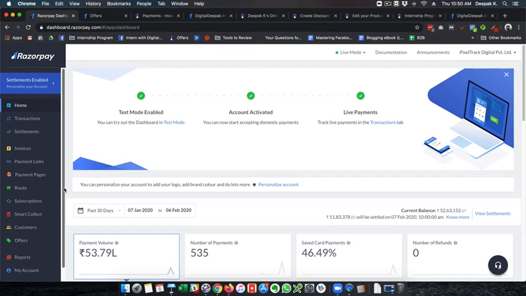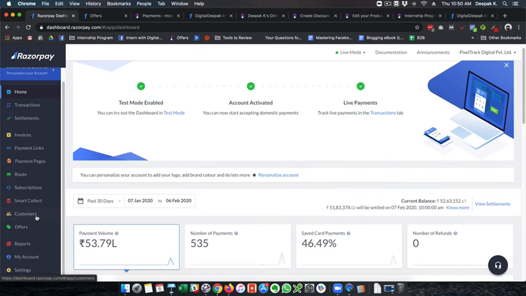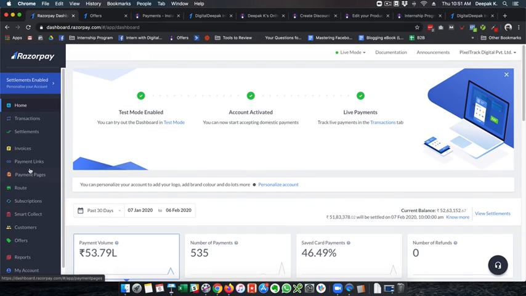And one more thing I would like to have at Razorpay, but don't have right now, is the ability to track all the support tickets right inside the dashboard. That would be amazing. Right now I have sent a bunch of support tickets, one about international payments. The international payment is not activated yet. The cardless EMI got activated, but credit card EMI and international payments are still not activated, and I have no idea what the status of those support tickets is. I have to check my email, and sometimes you get an update that it will be looked into, but then there is no response. So I don't have an idea about that.